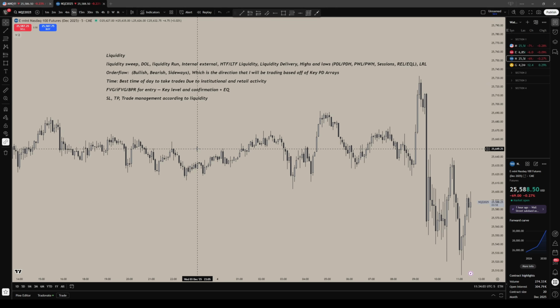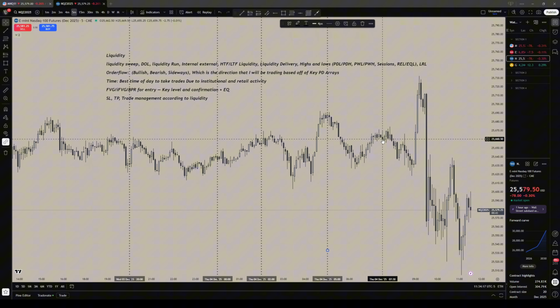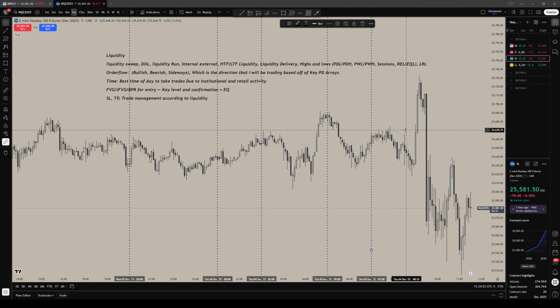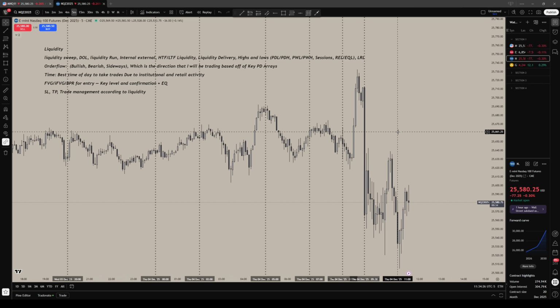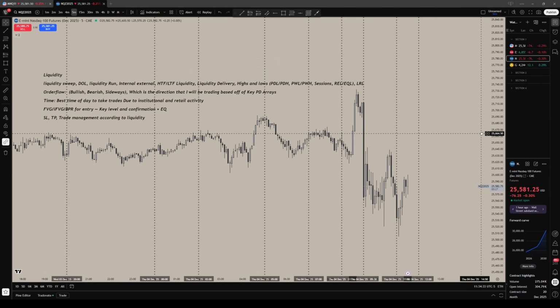Times to trade. You can look at kill zones, which I'll mark them out over here. There are also the silver bullet times, which are for the smaller time frames. I'll just go from 7. I'll mark out 8:30. I'll mark out 9:30, and I'll mark out 12 and 11, and I'll explain why I mark all these zones. Over here,